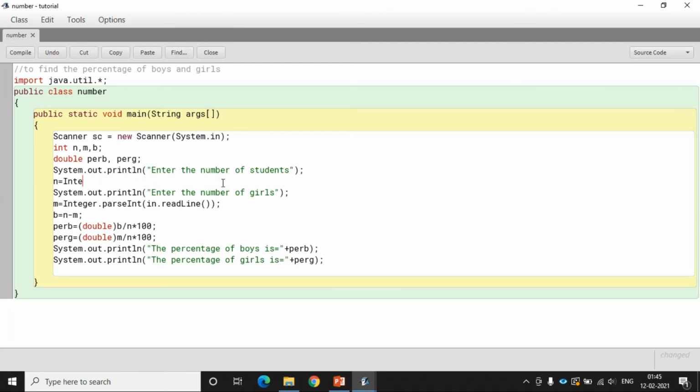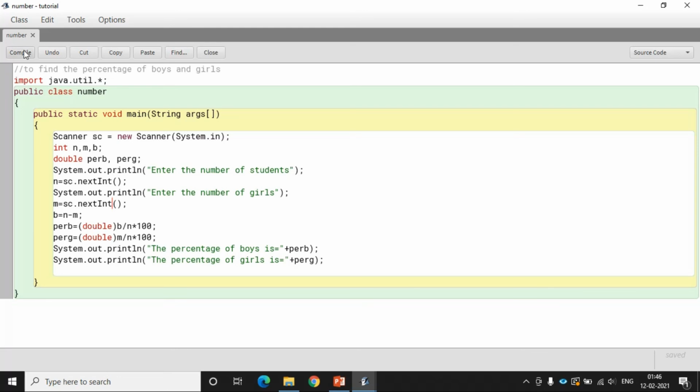So for n we have to write the name of the object of Scanner, sc.nextInt(), and for the number of girls, sc.nextInt(). Why int? Because the variable is stored in int data type only.